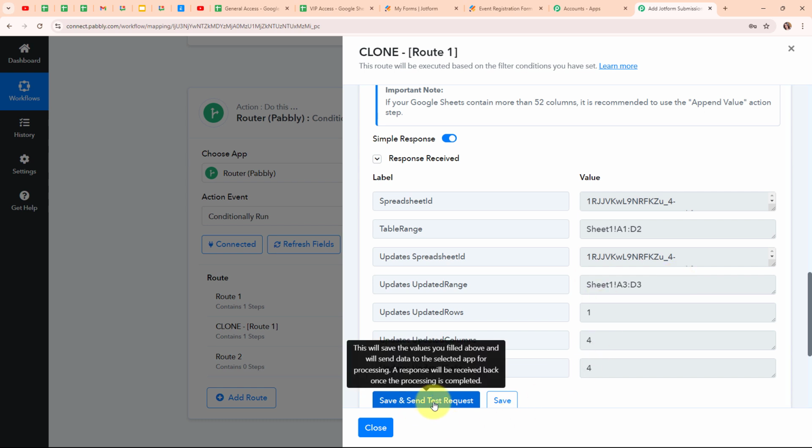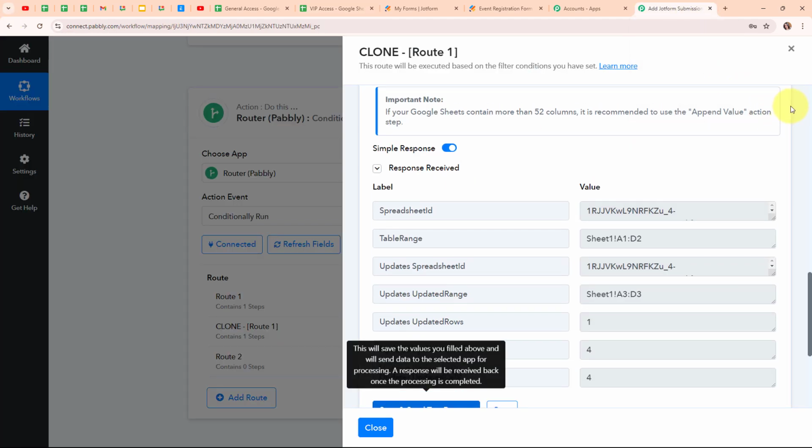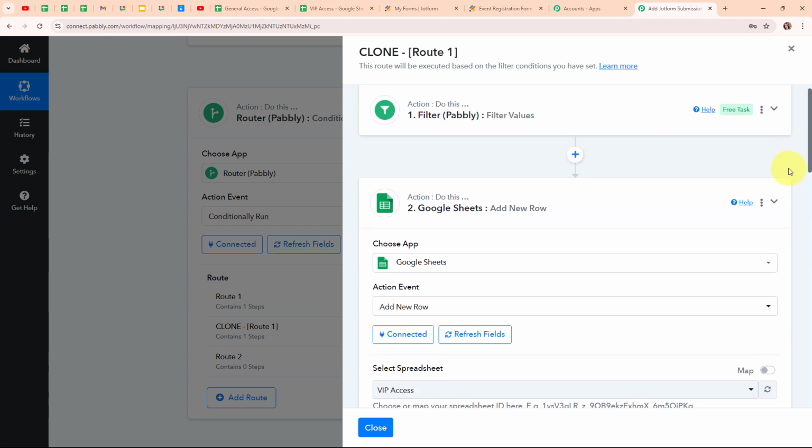That is because here I've clicked on this save and send test request, and once I've clicked on it, it is going to add the detail in my Google Sheets to complete this action step over here. So now let's go and check it. And here you can see I have successfully received the detail over here also, which is named as VIP access. So moving back to my Pabbly's workflow,